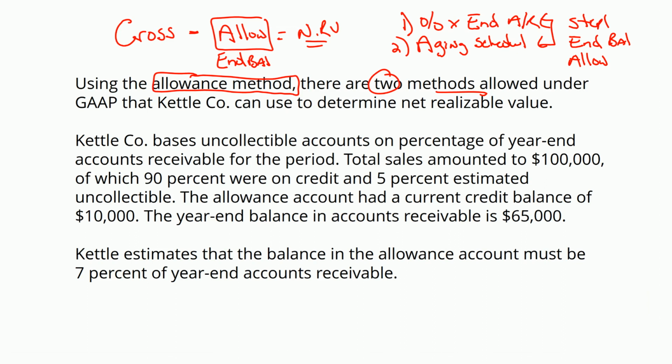Alrighty. Now, obviously, we know this is only an estimate. But if the company is being conservative, the higher the allowance, the lower the net realizable value for that account receivable. Alrighty, so next thing I want to do is review with you our T account for our allowance account. So let's do this together. You ready? Our allowance account for our T account. What does that look like?